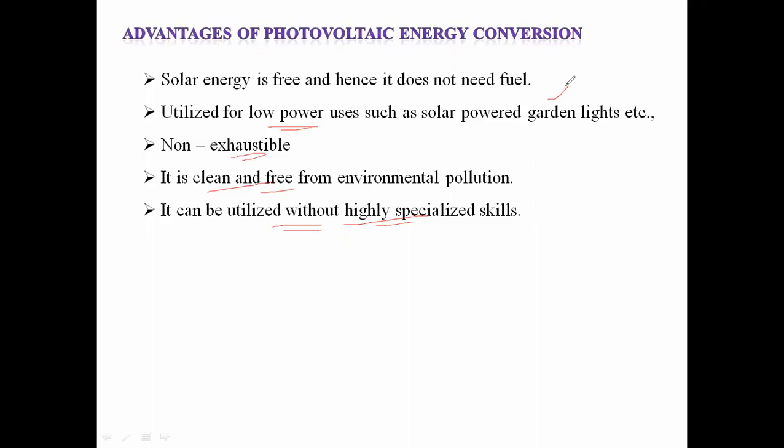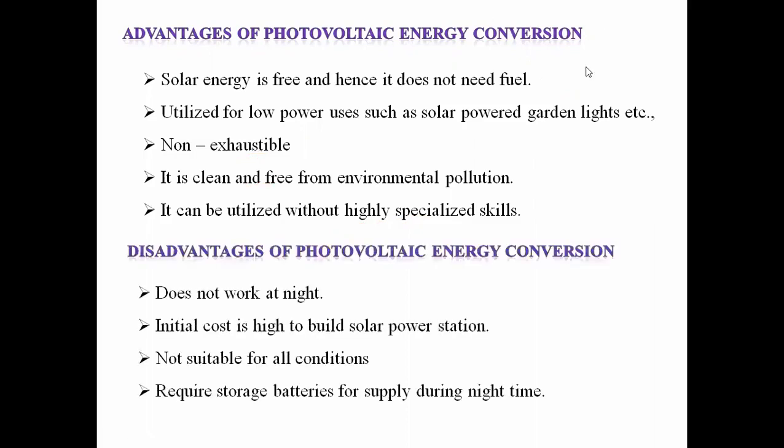And the running cost is very, very less. These are the various advantages of the photovoltaic energy conversion system. The drawback is that the initial cost is more. If you go for an on-grid system, the initial cost is somewhat lower, because 60% of the cost is spent on the battery. Another drawback is that it is not continuous and constant power generation.